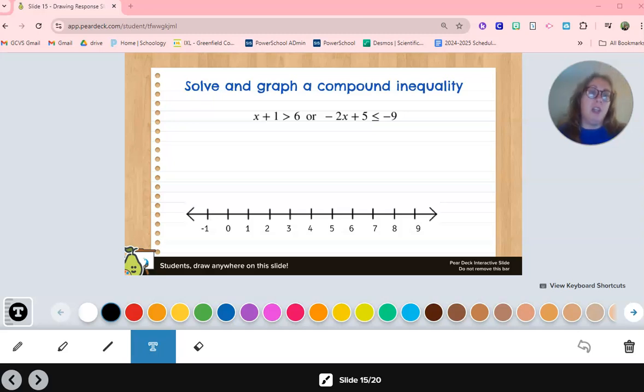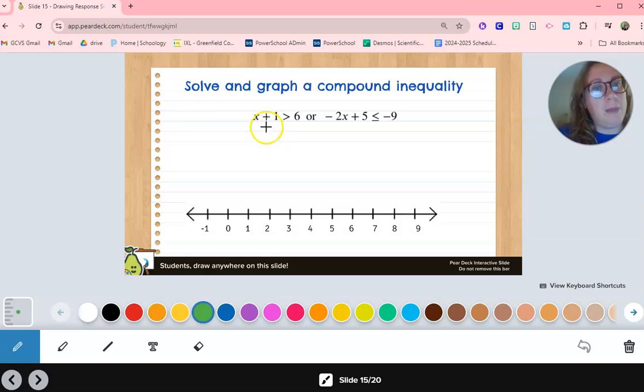Once you have that all set, push ahead to slide 15. Beautiful. It says solve and graph this compound inequality. x plus 1 is greater than 6. So we're just going to move that plus 1 by subtracting it on the left and on the right. And then we have x is greater than 5. Or